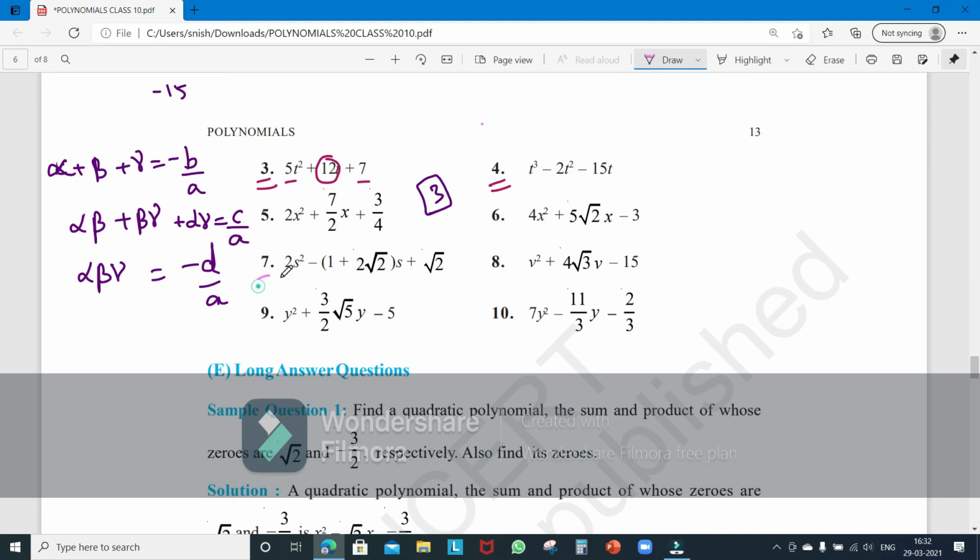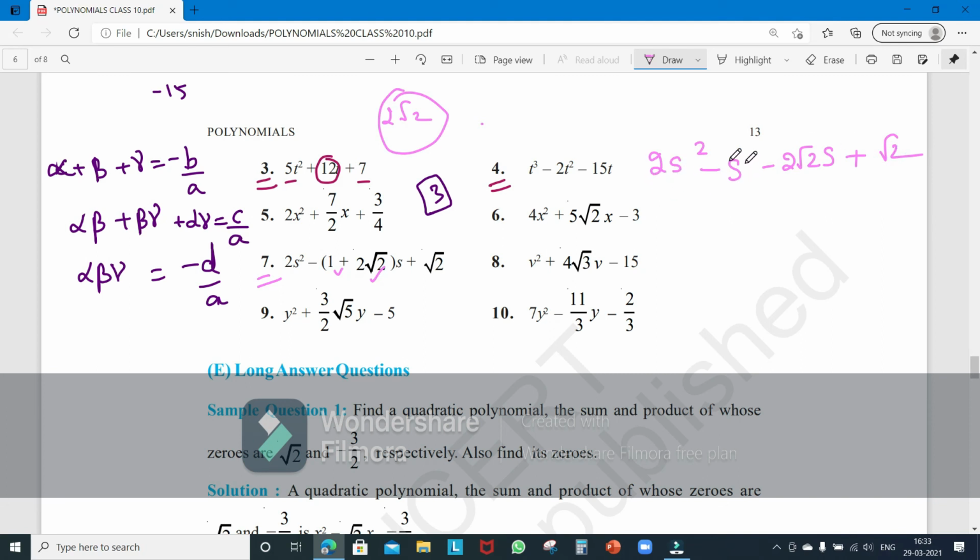2s squared minus of 1 plus 2 root 2 s plus root 2. So here you don't have to multiply this 2 root 2 and all. Even if you do, this question has itself done one step already in the process of solving. 2 into root 2, you'll get 2 root 2. Here, 1 into 2 root 2 will be 2 root 2, and already the job of splitting it is done. Now they have already taken s common. What you do is nothing much, multiply the s inside the brackets, open the brackets, plus root 2, right? That's it.